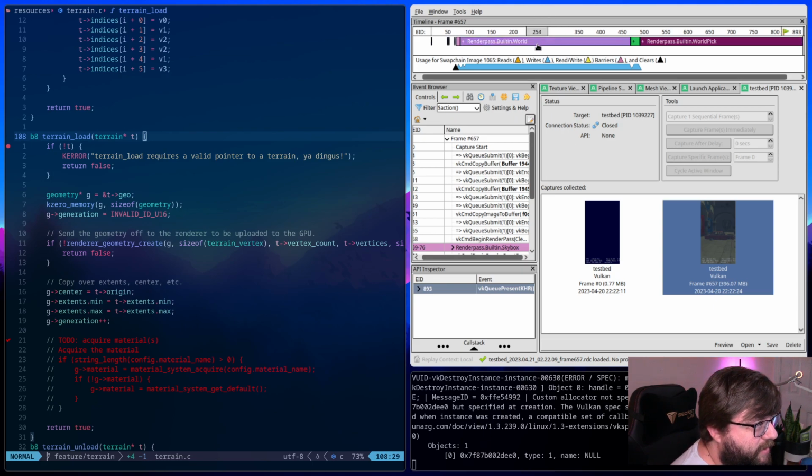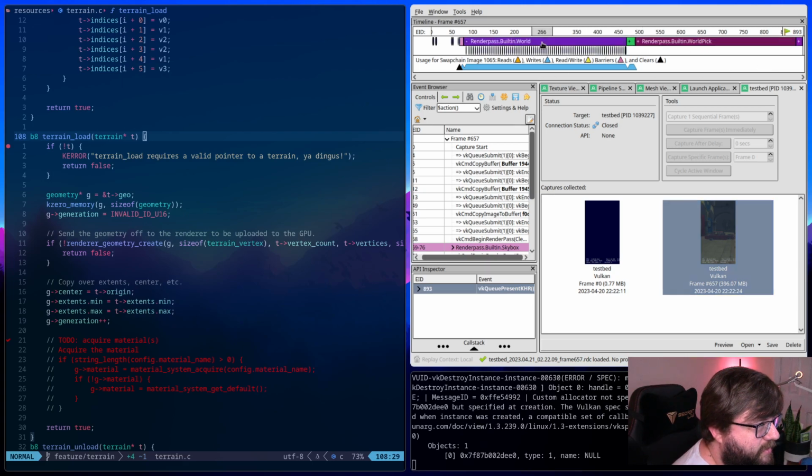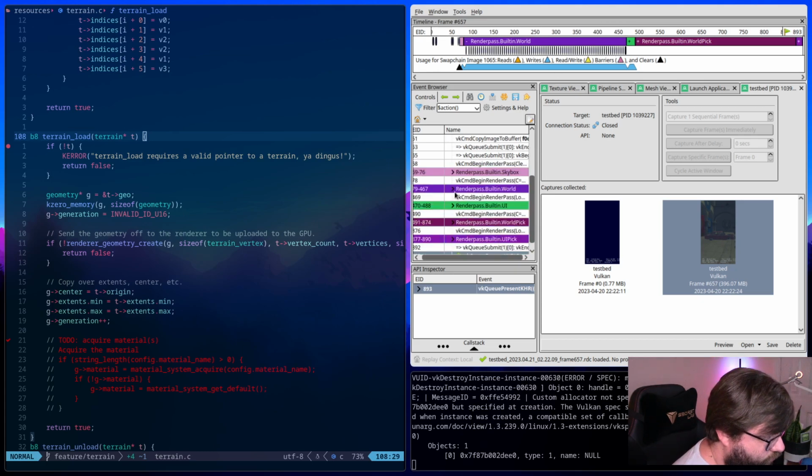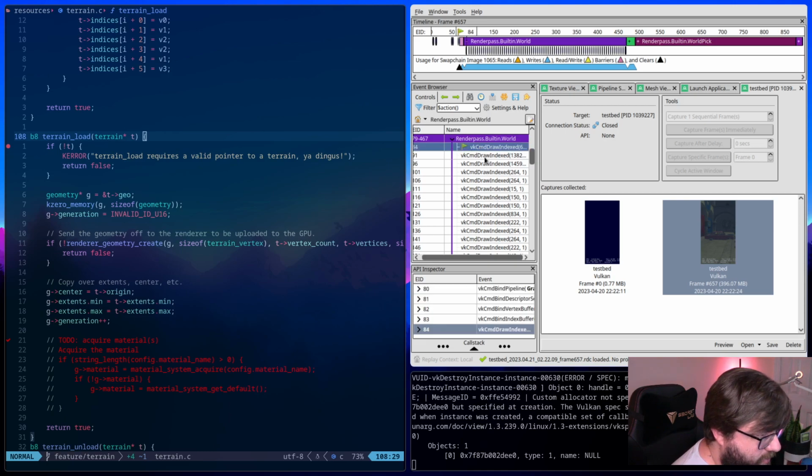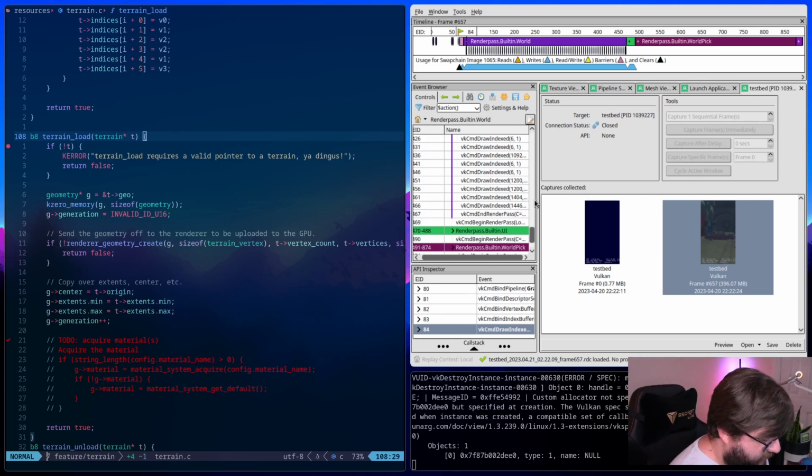So I've added some stuff here. Let's see. Render pass, built-in world. Looks like we have how many draw calls? There should be a big honkin' one in here somewhere. Let me float this window actually.